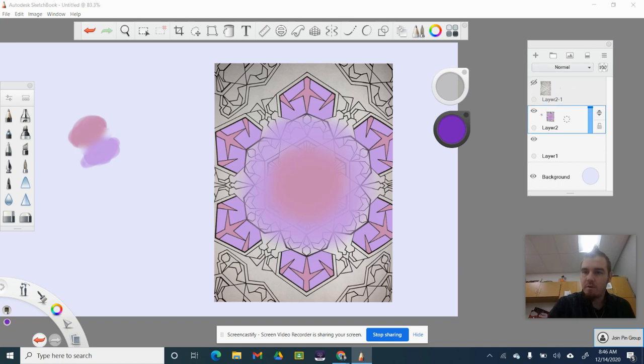And go over here to my layer. All right, so we've got a little bit of smudging to this paintbrush. And the more you build it up, the more you smudge. So I put this over here,